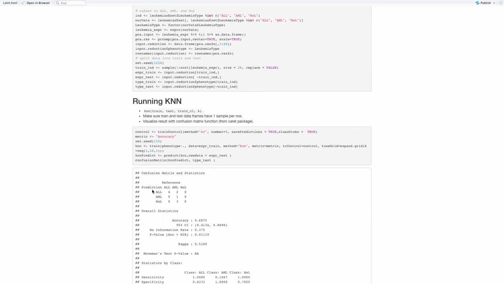And we can see from here, the classifier did a pretty good job classifying the ALL and the NOL, where the accuracy is 100% and 100%. However, for the AML, 2 of them are misclassified as ALL and 3 of them are misclassified as NOL. Just one of them is predicted correctly. So it's not doing a very good job on AML. It's probably because ALL and AML are very close together, and